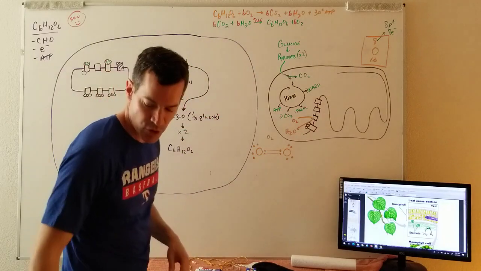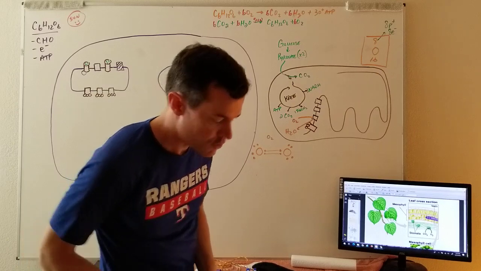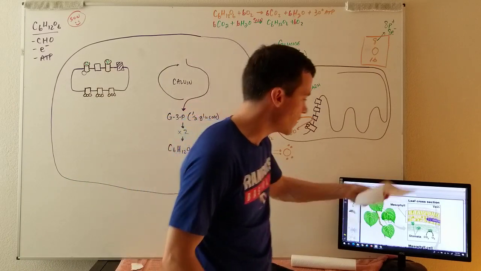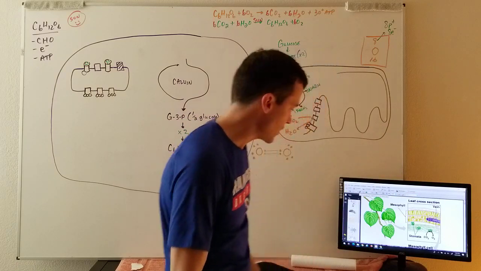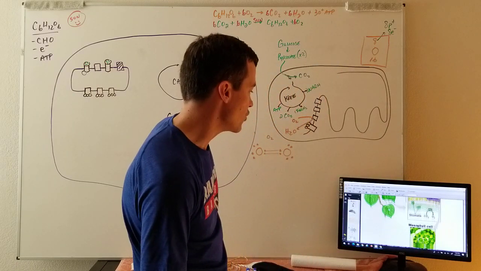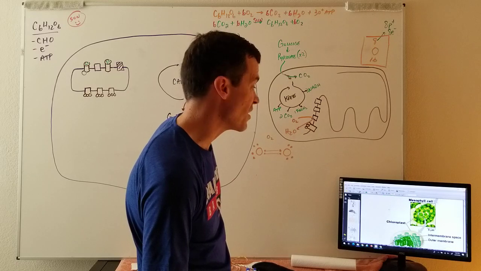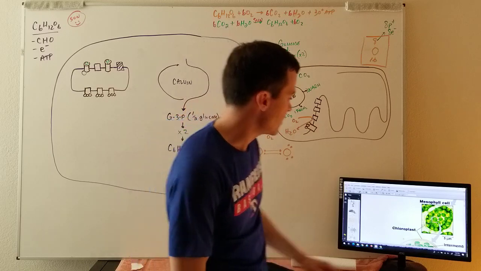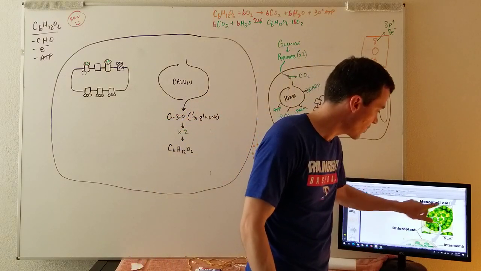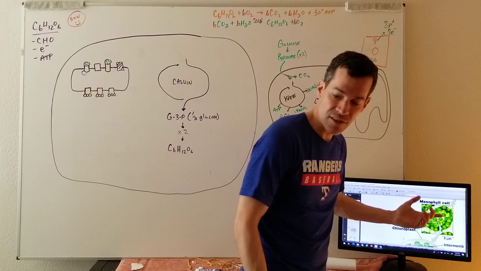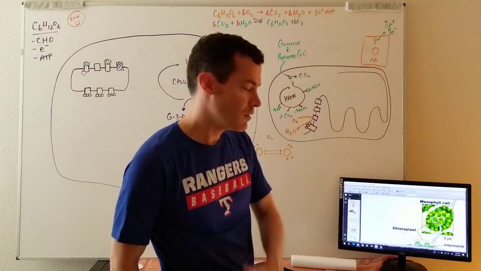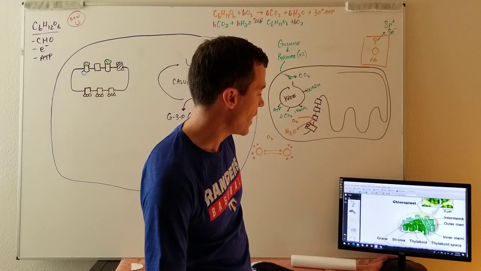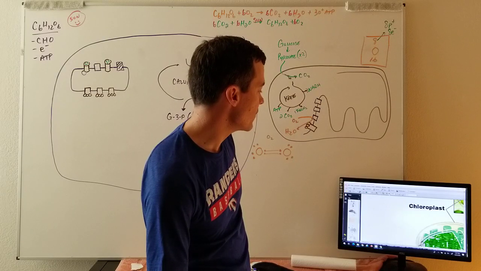Okay, let's say that we're looking at a leaf, sort of like this picture right here. I look at the edge of it and I'll see tons of cells in there. Then I might zoom in on a cell, like this mesophyll cell. Inside of that mesophyll cell, I see all these green discs. Those are what kind of organelle? Yes, chloroplasts. Now I zoom in on a single chloroplast, and I see something that looks like